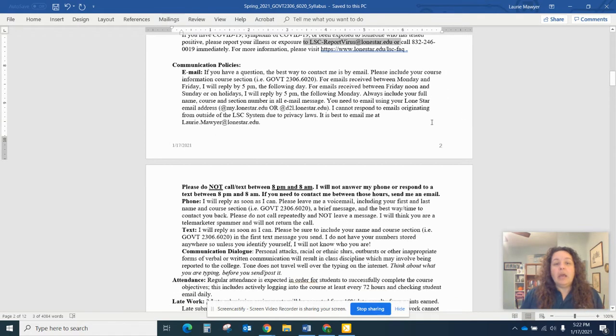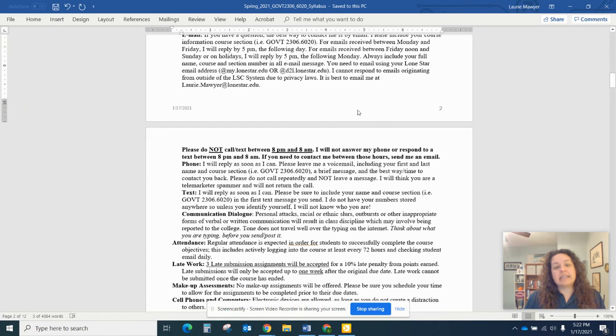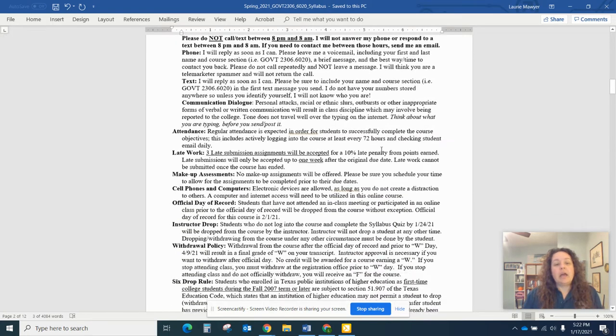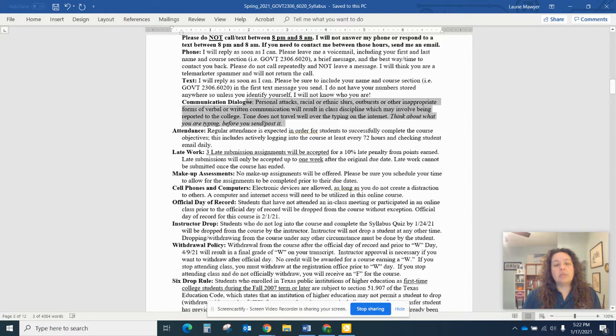And the Office of Government Accountability and Compliance will get back with you and let you know what you can or can't do. Here again are my communication policies, because it doesn't count if it's not in the syllabus. When we are talking and communicating with one another, please make sure to be as respectful as possible. I will try to do the same myself. Because we should all know by now that tone and intent does not travel well across the internet, and that people can very frequently misinterpret or put their own tone into what they're reading. And unfortunately, that leads to a lot of issues when there was no issue to begin with. It's the way we perceive what we're reading.